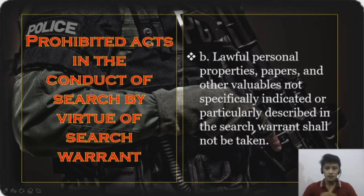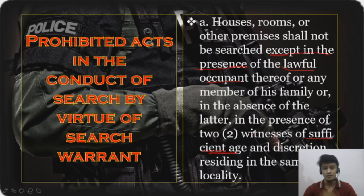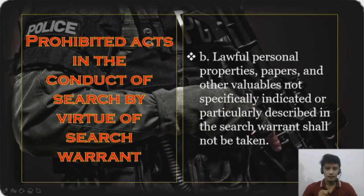And then, lawful personal properties. And take note of the number, in the presence of two witnesses. Okay, with two witnesses, or kahit isang family member. Kapag walang isang family member with sufficient age, then you could have at least two witnesses of sufficient age residing in the same locality, or kapitbahay nila. Okay? So, take note. Letter B naman, lawful personal properties, papers, and other valuables,